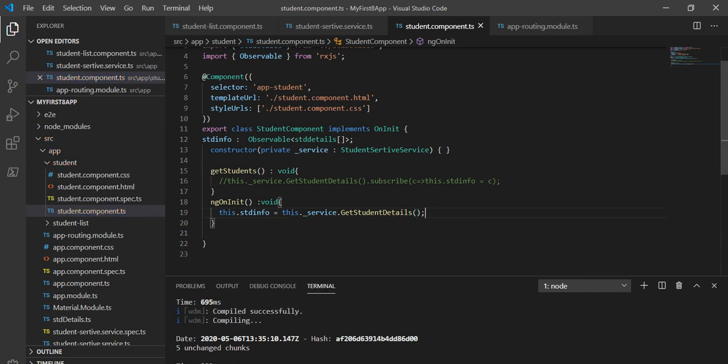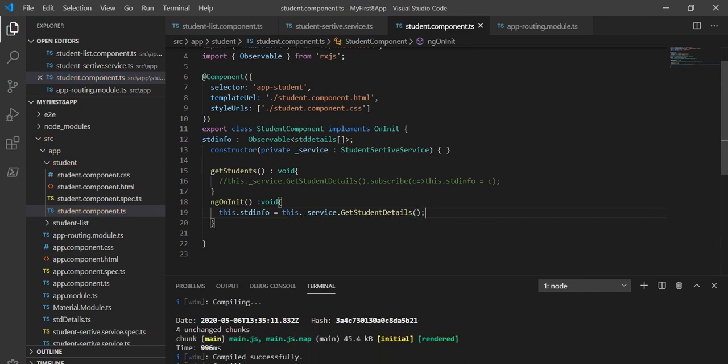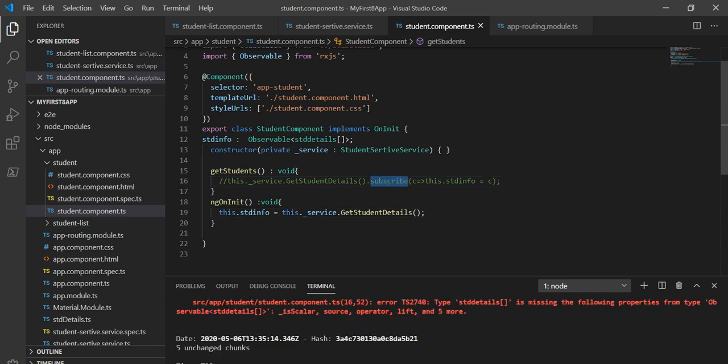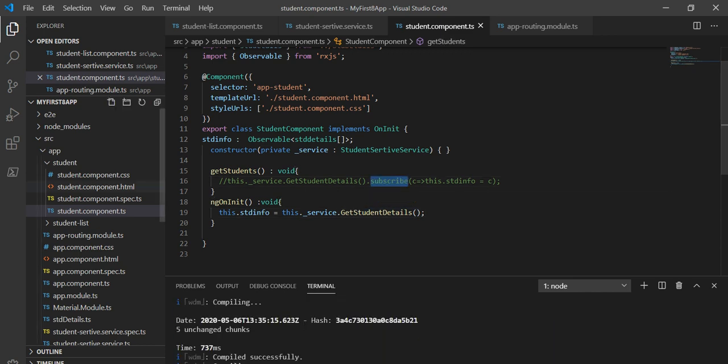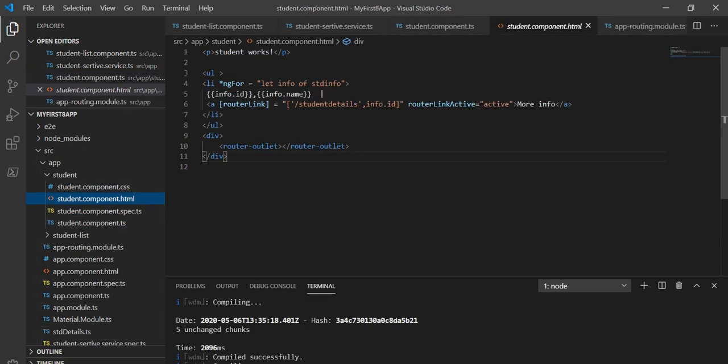So that's the thing. Now we are not going to take this information as a subscriber. So what change we have to make in the HTML page is to take this information as async. So that is the change on the component.html page.